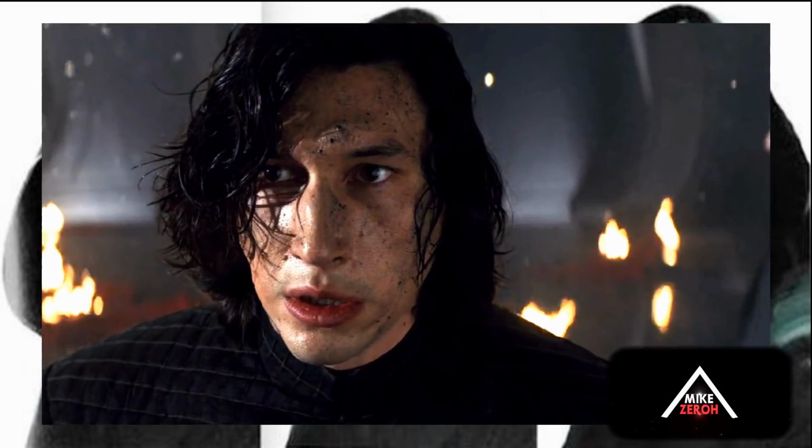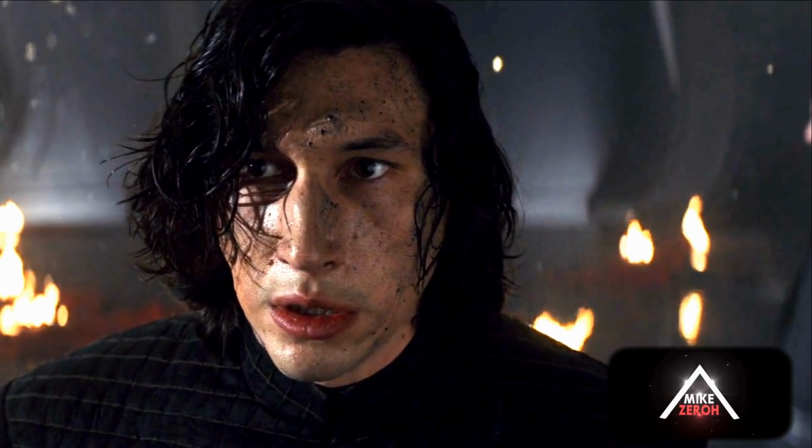Now, like I've always said before in the past, the Knights of Ren, during the events of The Force Awakens and The Last Jedi, they were actually over in the Beyond, and it's very possible that they actually went over to the world of Exegol, and that's exactly how they were able to steal Darth Vader's melted helmet and his armor, because we do know that that is exactly how the Knights of Ren were able to retrieve the melted helmet of Darth Vader. They went back and forth to the beyond before the events of The Force Awakens,